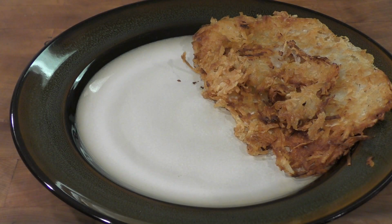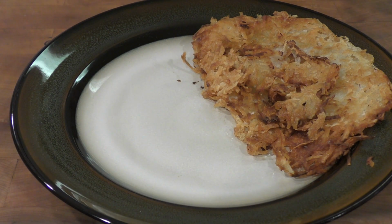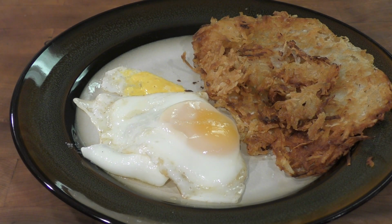So right now I'm using the residual heat that's inside the pot to put a couple of over easy eggs. One of my eggs had cracked open, so I have one over easy and one that's fried. I hate it when yolks break, I really do. But anyway,